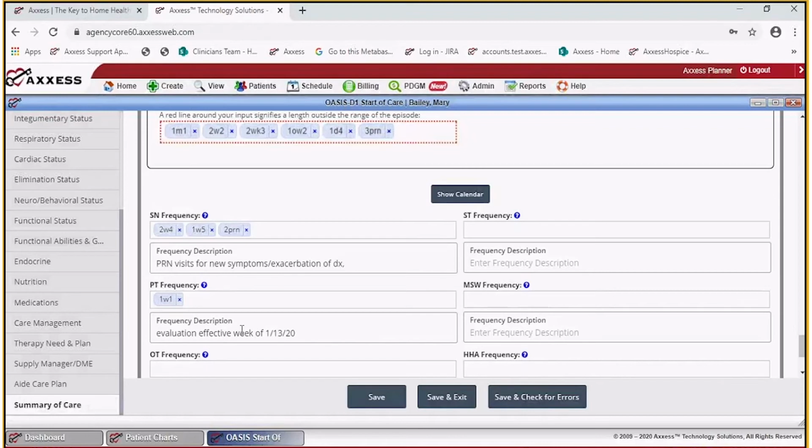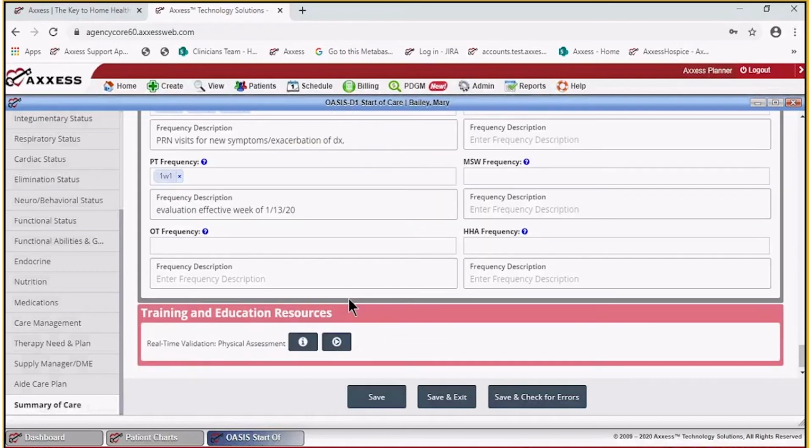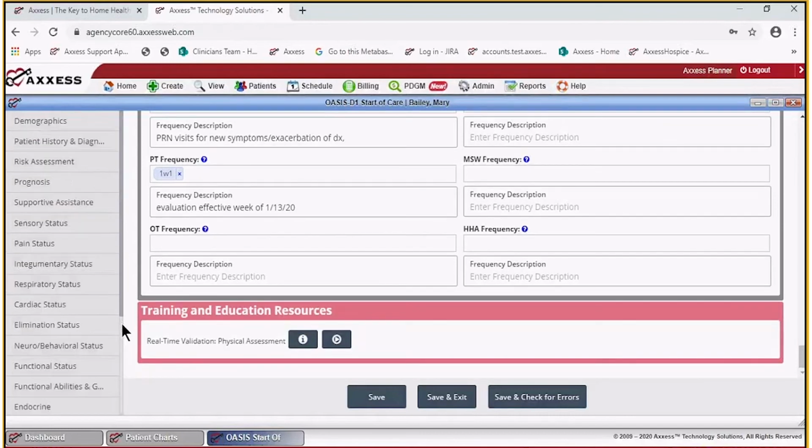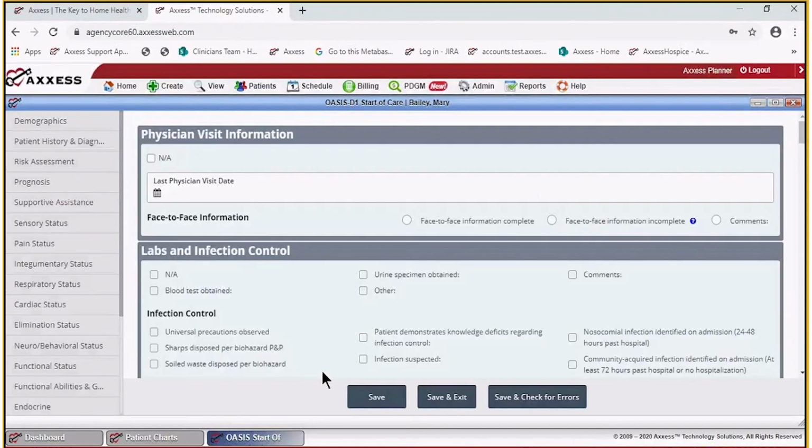The PT evaluation will be effective a different week than the week of 1/13, because I admitted this patient on 1/1. So love that. Okay, and so I need to explain the plan of care, and I want to show you the plan of care profile here,